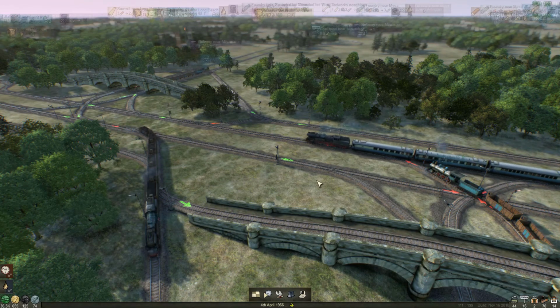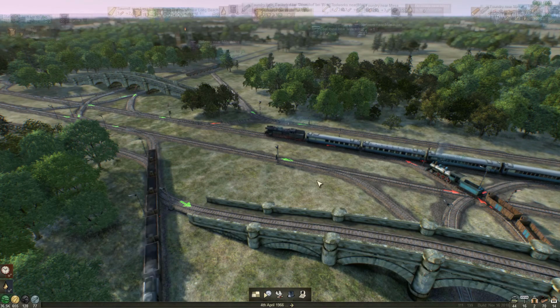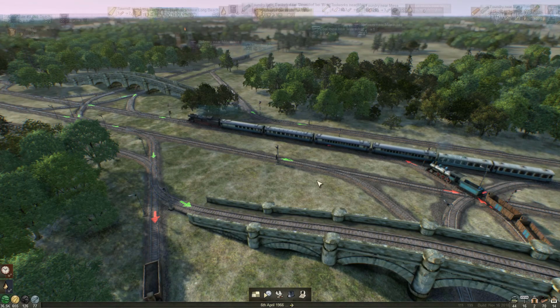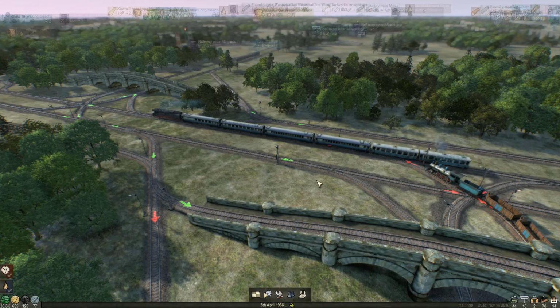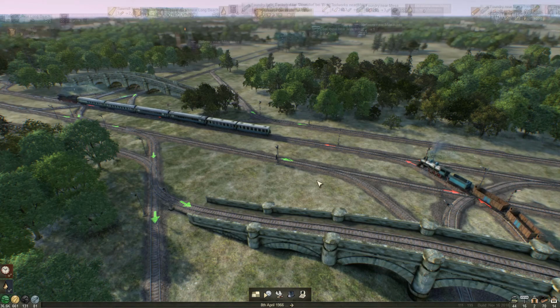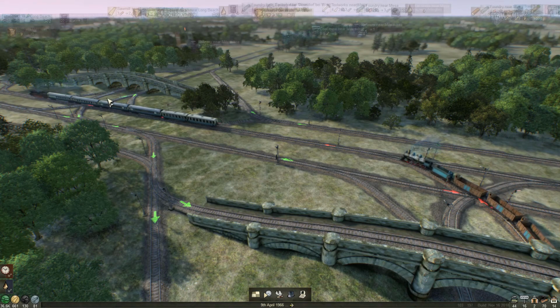This is Danny Code, and this is episode 7 of the Mashinky's One-way Stations playthrough. Since the last video, I have actually progressed into Era 3, and I also upgraded, as you can see here,